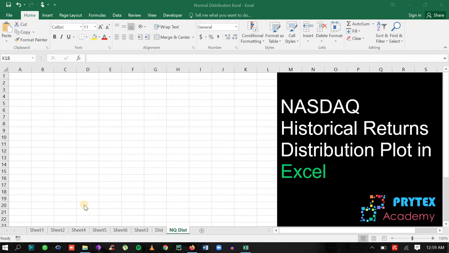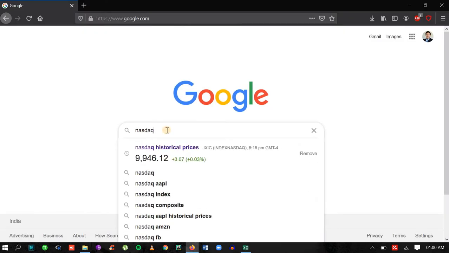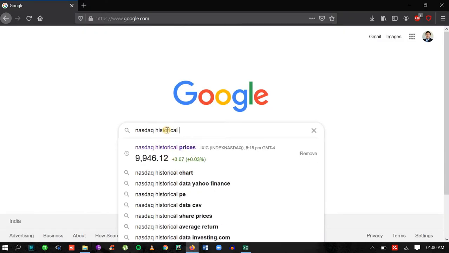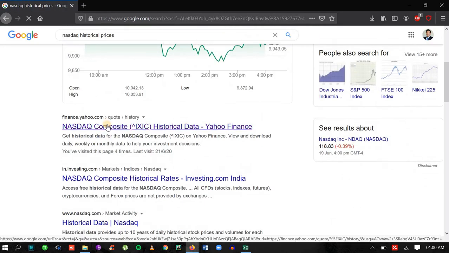In today's session, we're going to extract the historical returns data of NASDAQ and plot its distribution and analyze it very briefly. So first we need to extract the NASDAQ data, and for that we need to go to NASDAQ historical prices, let's say, and I go to Yahoo Finance